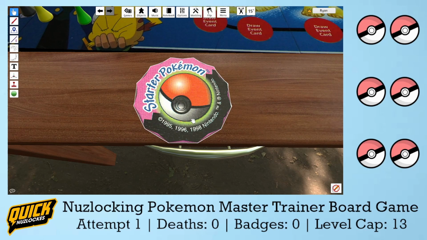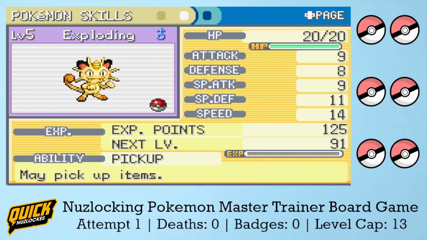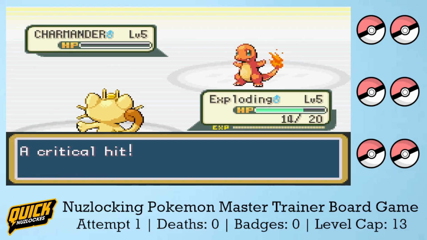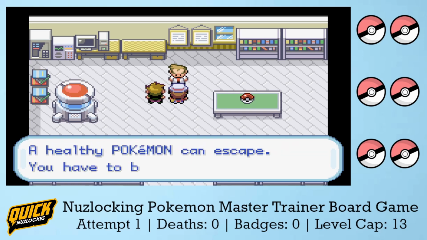My starter will be Meowth. I add Meowth to the game, randomly assigning gender, nature, IVs, and ability if it has more than one. I nickname Meowth Exploding Kittens, and he defeats my rival using Scratch. I get my Pokeballs from Professor Oak, so now it's time to talk about how encounters will work in this